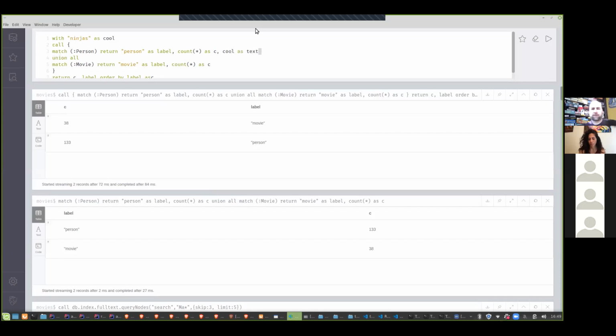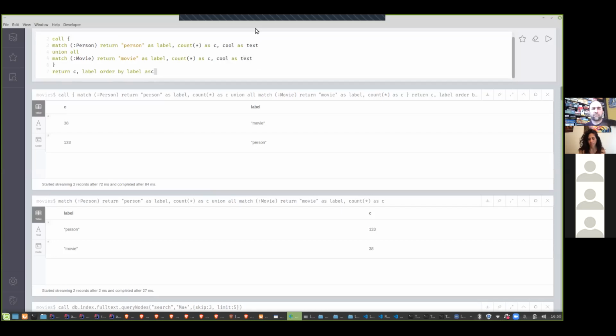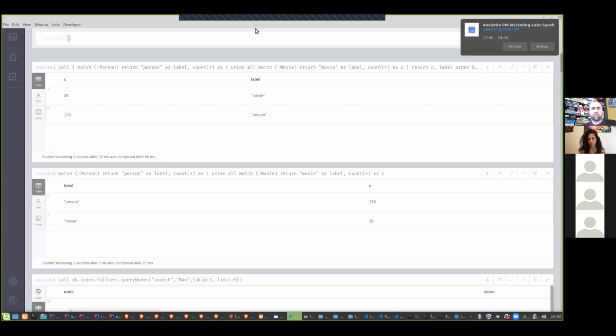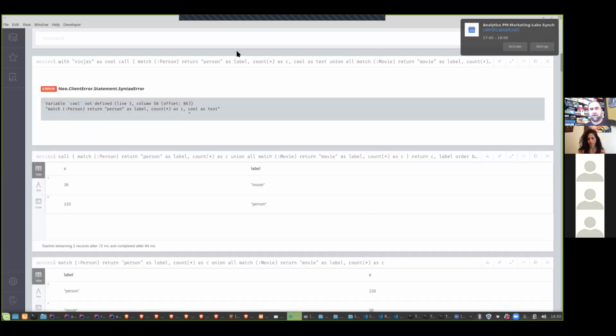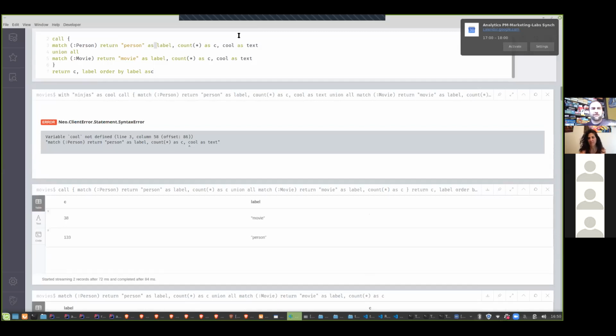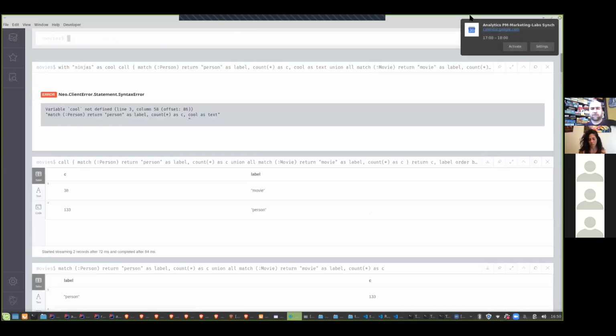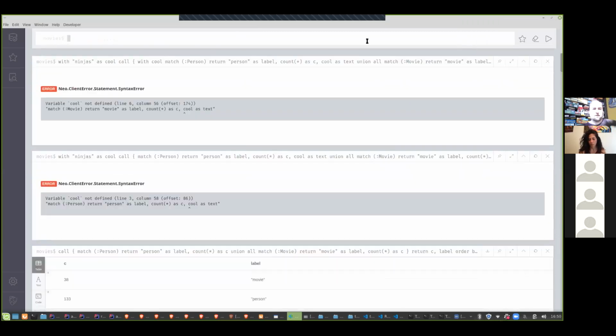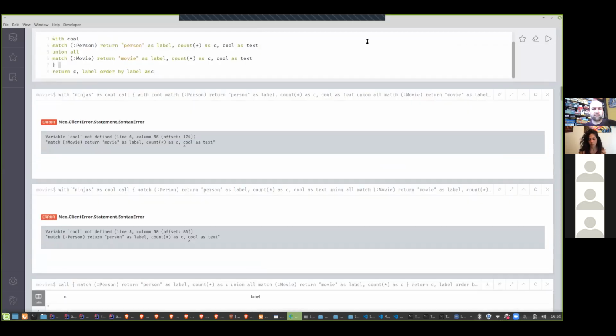Cool as text. So if I tried this in the past, it just told me that cool is not available, right? But what I can do now in 4.1 is say with cool. So it basically declares which identifiers from the outside you want to use,